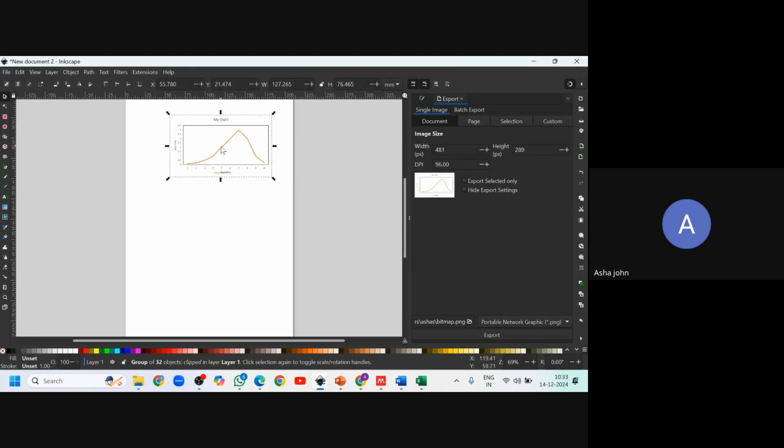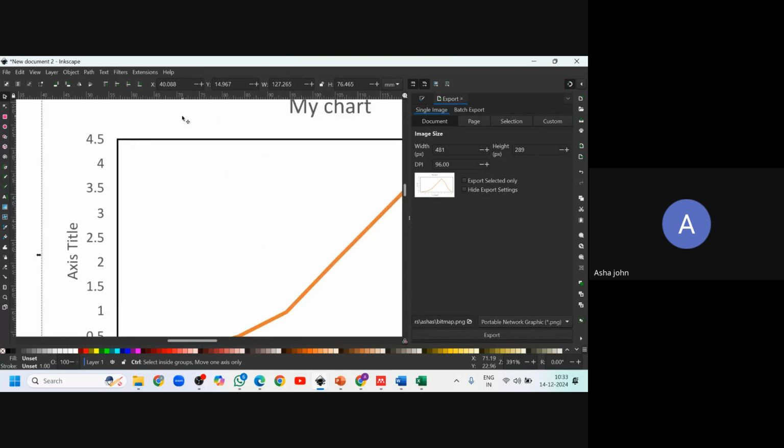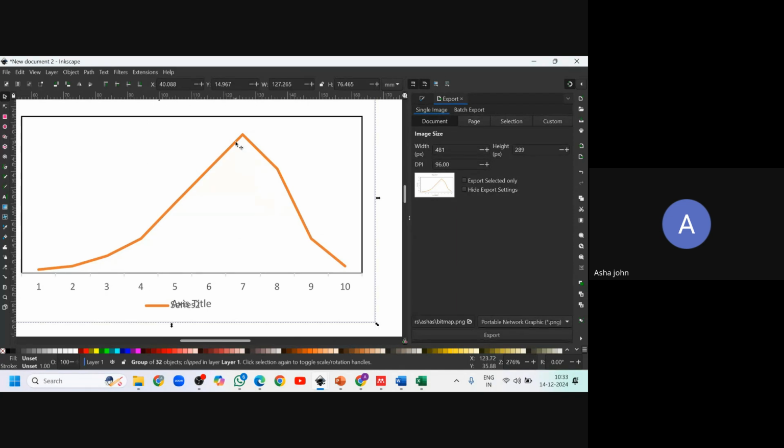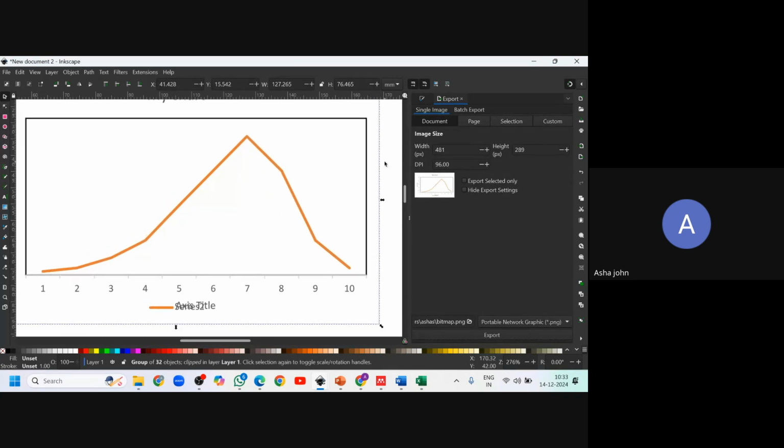In Inkscape, you can directly paste your chart in this way. To make the curve smoother, you can pull it yourself and make it as beautiful as possible. It's not manipulation, but adjusting.